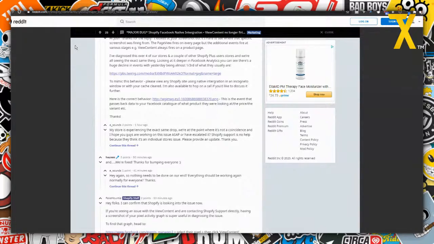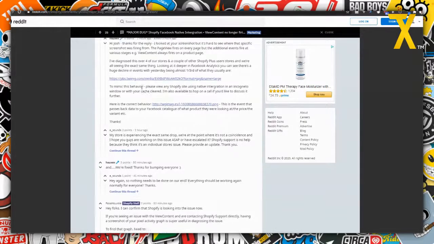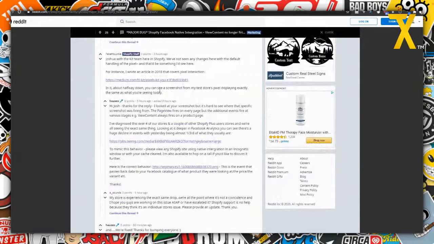And that has led to some advertisers having seen drops in their ad performance. Apparently they've been going back and forth on whether or not that's even a problem.